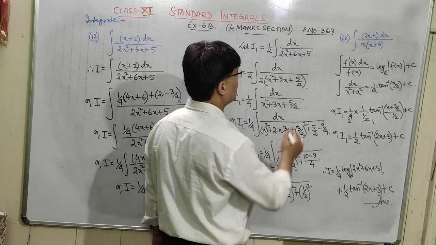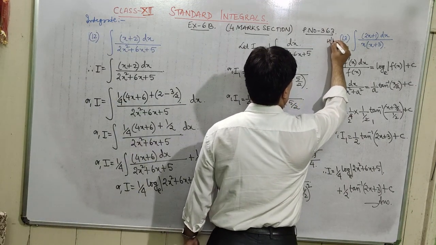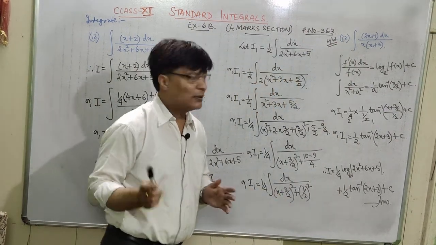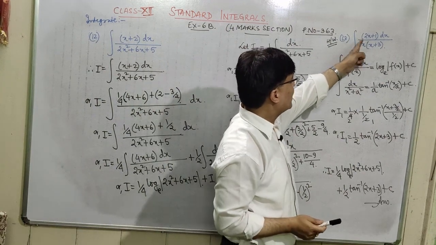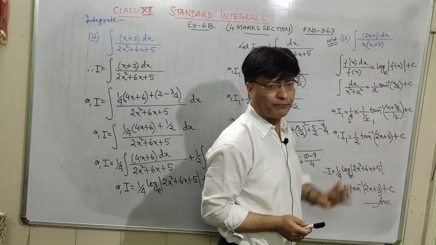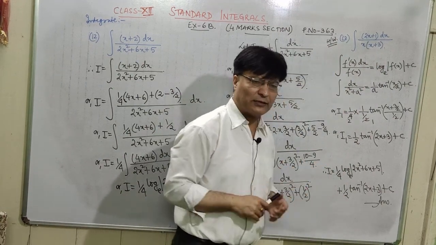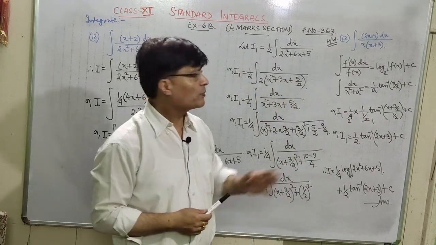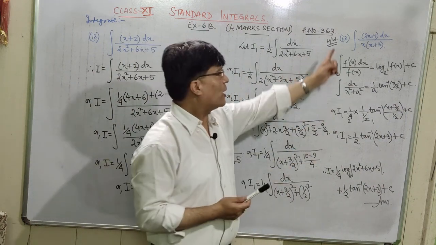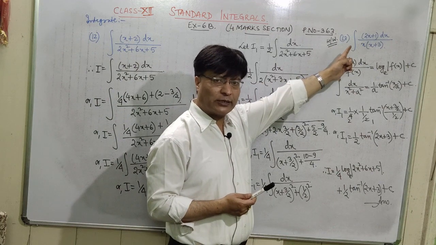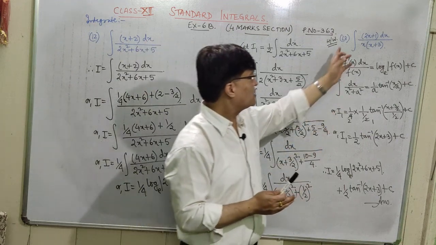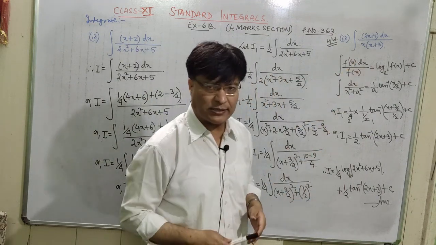So this question number 13 will be a homework. You can do it at home. Okay. So I'll give you the hint for 13. That is, you have to integrate 2x plus 1 dx divided by x into x plus 3. So here also, if you multiply the denominator, the power of x will be 2 and the highest power of x in the numerator is 1. That is 2x plus 1. So highest power of x in the numerator is 1, but the highest power of x in the denominator is 2. So since the denominator is already factorized,